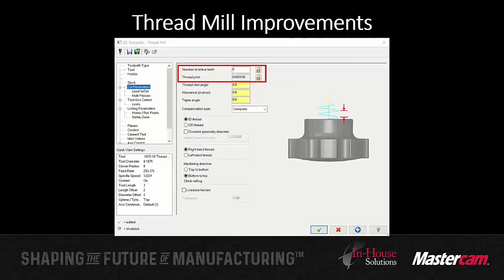Okay. For thread mill improvements, a small improvement, but a handy one. So essentially what they've done is they've given you just these little lock features. Rather than everything you're doing within your thread mill toolpath, as I'm selecting various different tools or various things like that, it'll automatically update my number of teeth and my pitch and all that. By hitting that lock button, what I'm doing is Mastercam won't recalculate